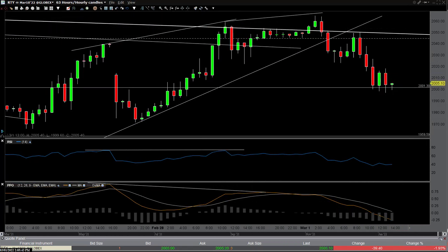RTY, which is a small cap futures contract, same as IWM, which is the ETF version. 1, 2, 3, now 4 hourly candles. So we need to break that. Otherwise, this could be it. Could be the end of the pullback, but